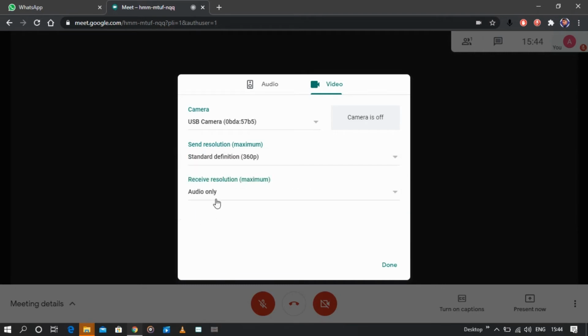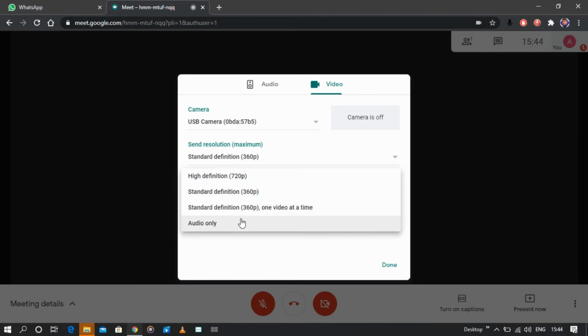The people on the other side can see you, but you can't see them, you can only hear their audio. The advantage is that the audio becomes clear, but if you click on 360p, which is the default setting, both audio and video are lagging.